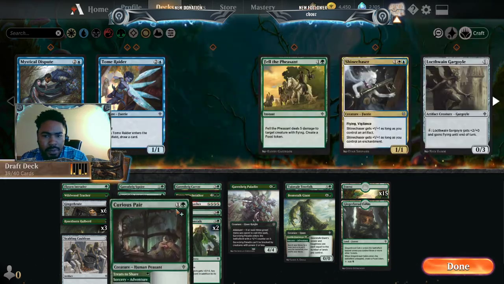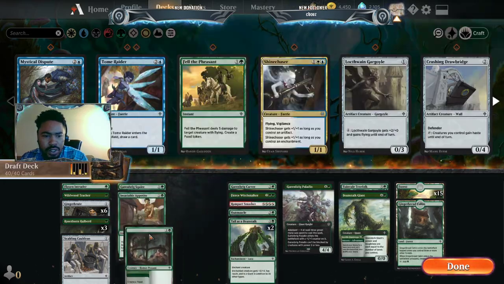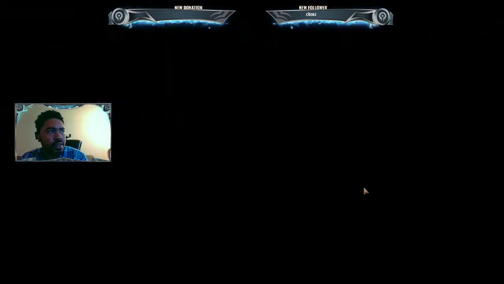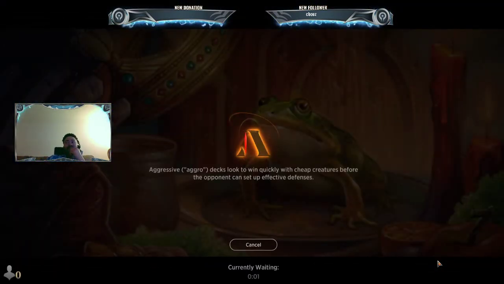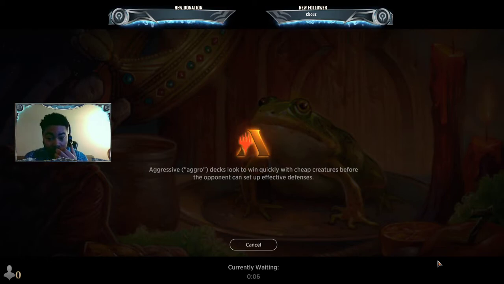I'm gonna throw Curious Pair back in, have that additional creature, and get the food off of it. The food tokens are kind of what saved us. They weren't aggressive that time, though. And we don't have any card draw. Cannot forget the card draw. Like, we didn't get any